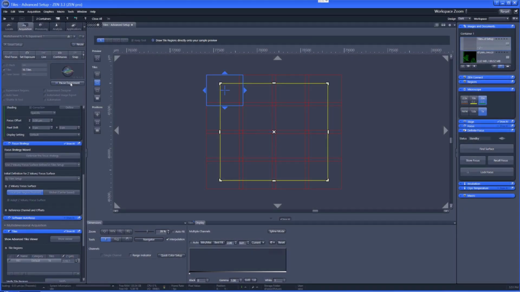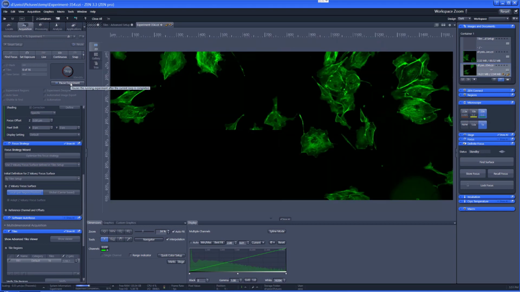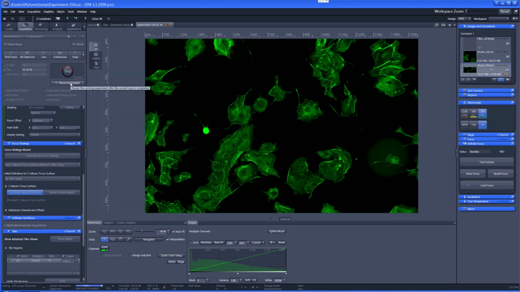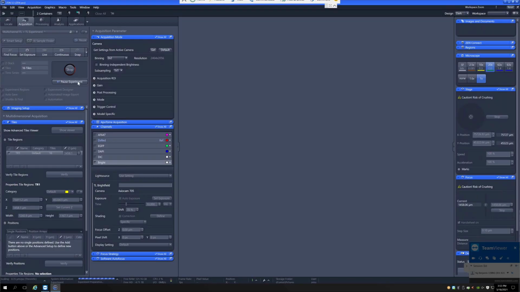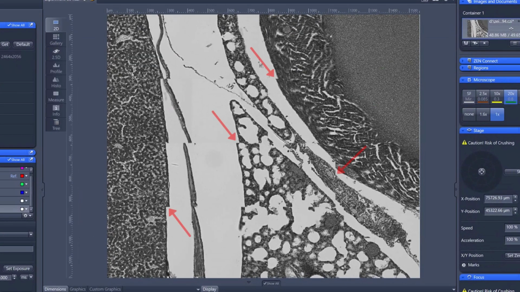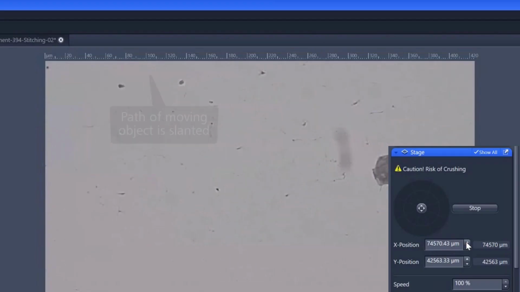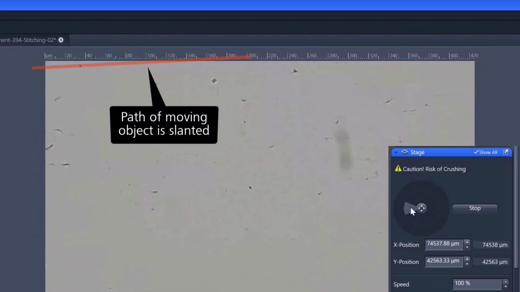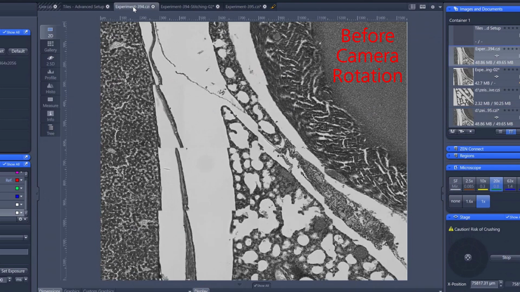The Tiles and Positions module in ZenBlue allows you to create and acquire tile regions with high precision. If the microscope imaging system is not calibrated properly, you might get less than desirable results. This video will show you how to properly check the orientation and alignment of a digital camera for use in